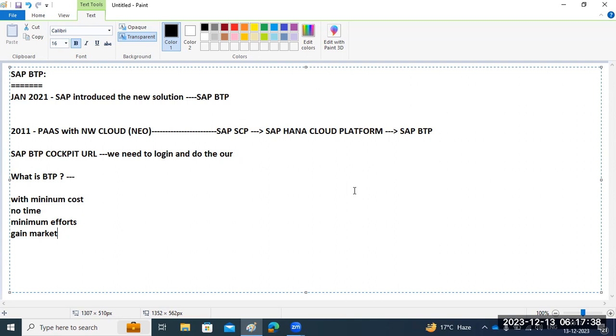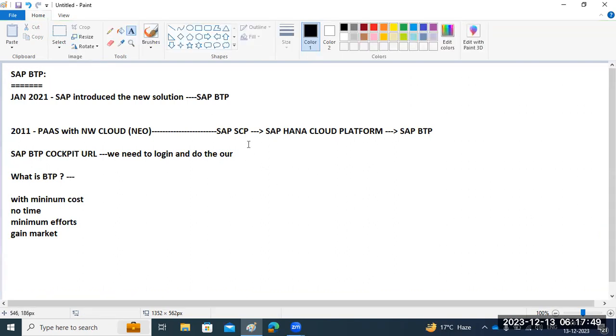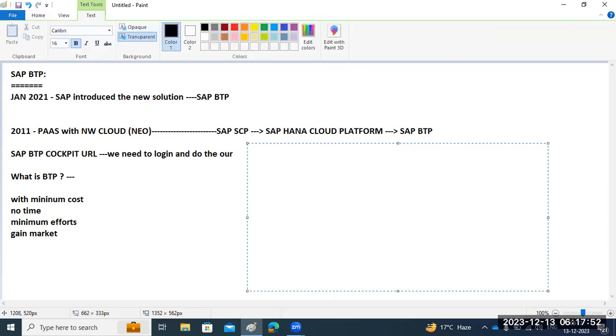As I mentioned, BTP is offering five categories of solutions, right? In the demo class we discussed this. BTP is offering five categories here. One is AI, artificial intelligence related services. The second one is data and analytics related services, right? And the third one, whatever services they are providing, they have categorized into five types here. So one is AI related services. Recently they have included AI related services here.